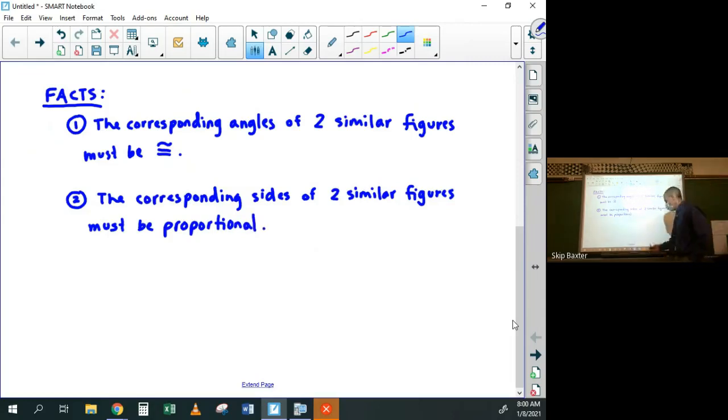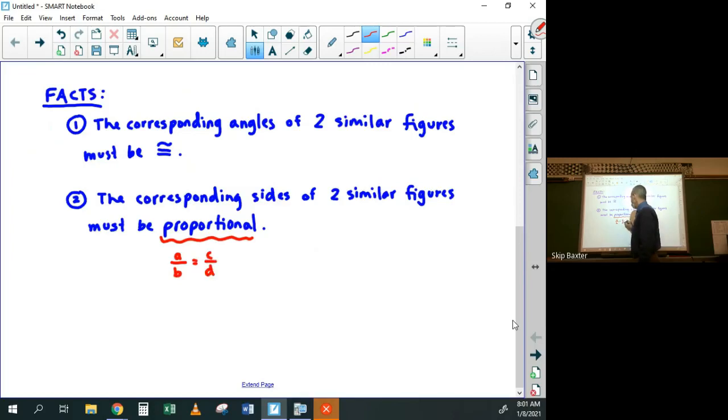Proportional. So what does that mean? Proportional, if you think about what a proportion is, a proportion is just an equation in which one fraction equals another fraction, right? That's what a proportion is. Proportion is just like A over B equals C over D. That's a proportion. It's an equation where you have one fraction